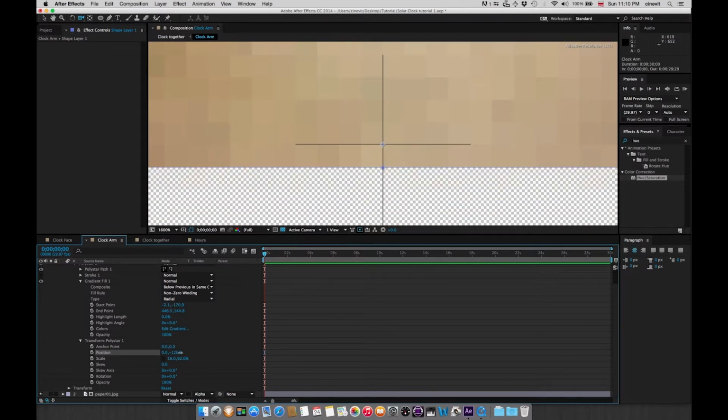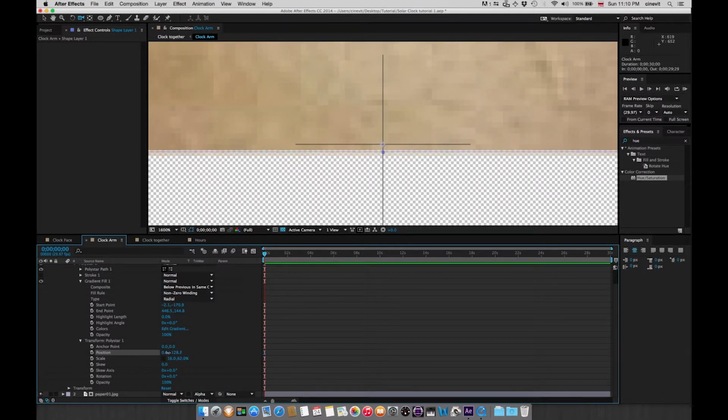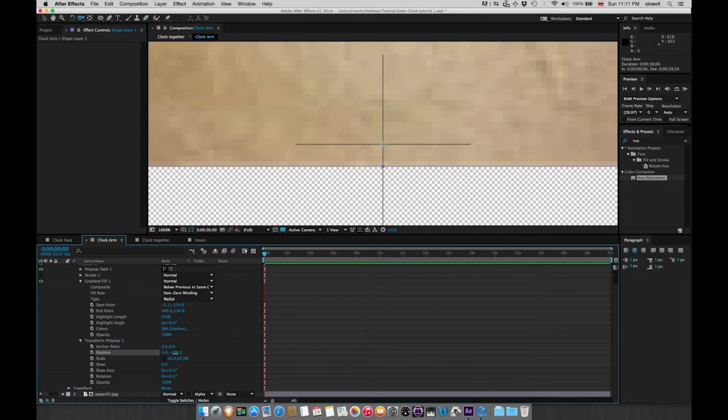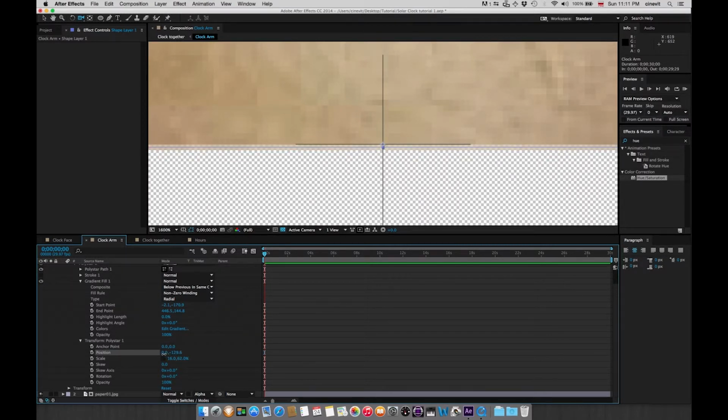Oh, it goes really fast. If you press Command, same as with that font that I was changing, you can decrease the speed of the change when you scrub the numbers. So I'm going to go just a tiny bit under, so I know that there isn't any floating in the air. Okay, so I can zoom out now,